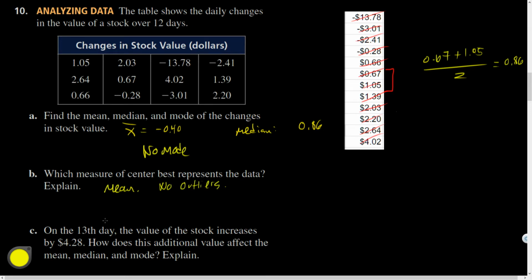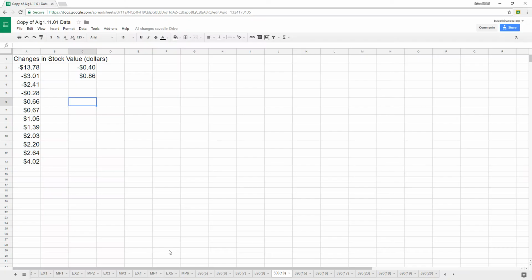All right, and now question C, it says, on the 13th day, the value of the stock increases by $4.28. How does this additional value affect the mean, median, and mode? So, $4.28. Let's watch this. I'm going to add 4.28 to the bottom of my list, and it should recalculate the mean and the